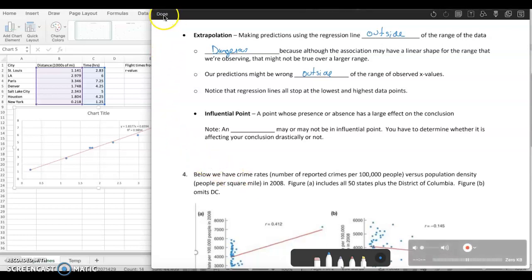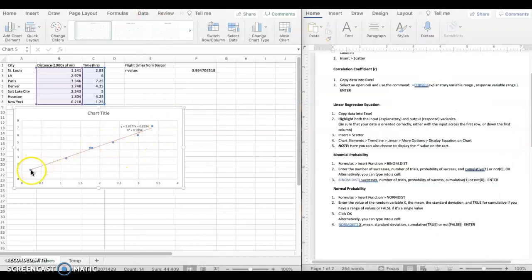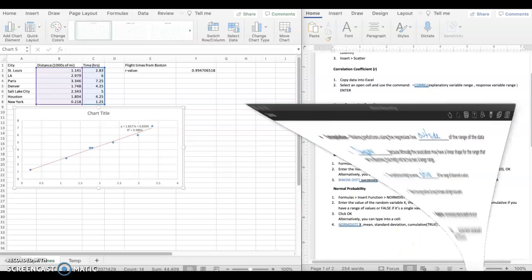So if we actually take a look at our regression equation that we made in Excel, notice that this does not keep going. It stops at the lowest data point and it stops at the highest data point. It doesn't have the arrows on each end like a traditional line saying that you can extend this over the entire range. So what this is telling us is that this line is only reliable between the lowest and the highest data value that we've got, and going below or above it would be called extrapolation, and we shouldn't do it. It's not trustworthy.